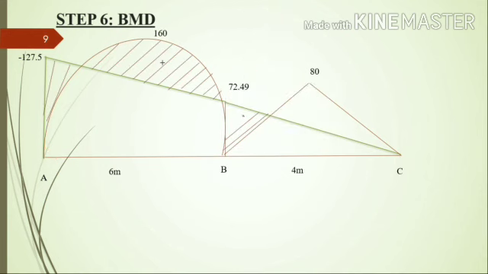Then mark all the net portions, and also mark the positive and negative signs. So this is our negative moments, that is the end span moment. Then consider this as the reference line. The portion below the member will be negative and the portion above this line will be positive. So mark the positive and negative signs.